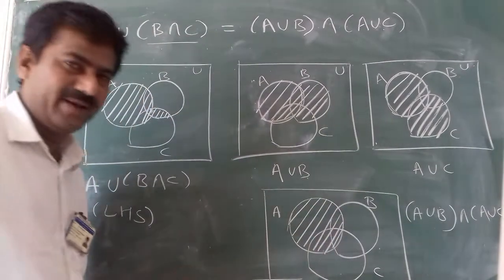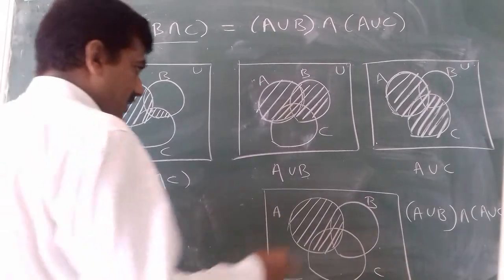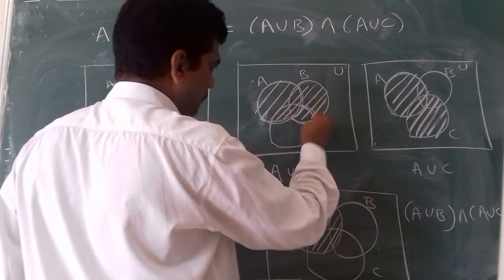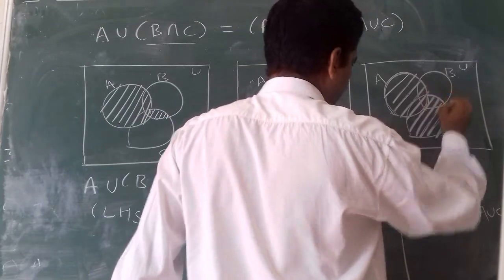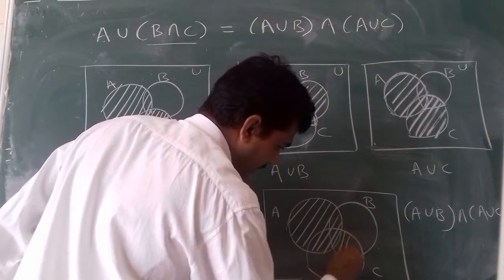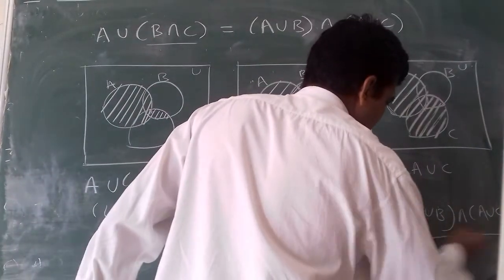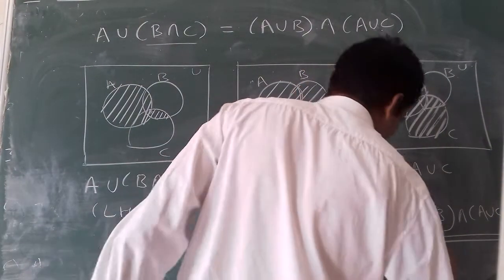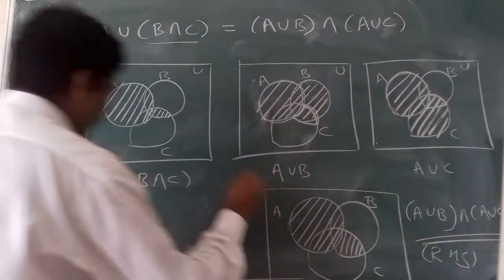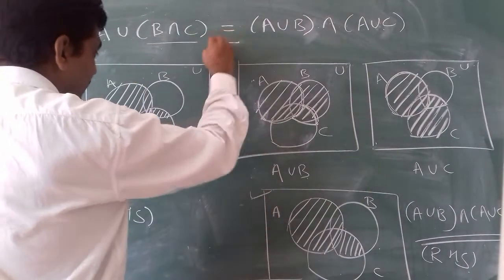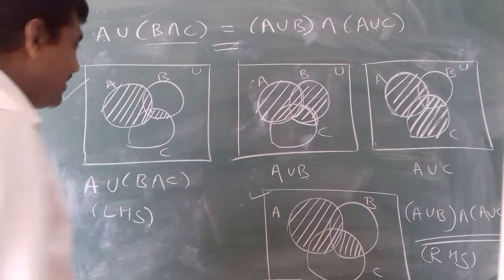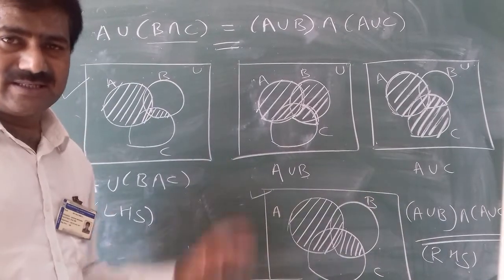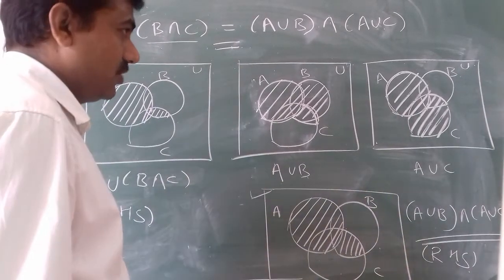This is your complete A. Okay. Now except A, if you observe, this is the common portion in both. Right? So that common portion I will show it here. This is A union B intersection A union C. So this is our left hand side. This is the LHS and this is the RHS. So if you see this, both are the same. So this is equal. Okay, so we have shown both are equal by using the Venn diagram. You can take any elements in the sets A, B, C and you can verify that also.